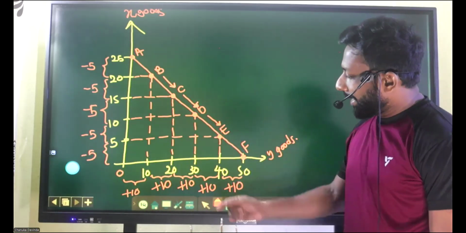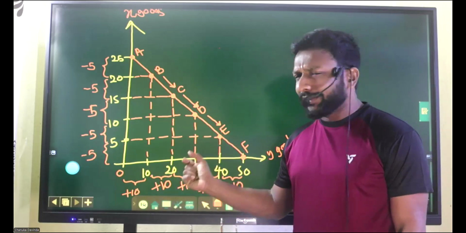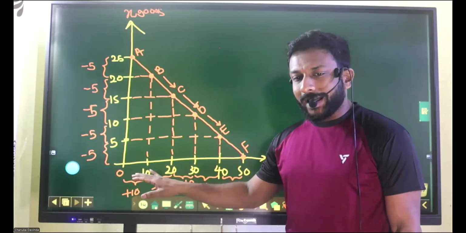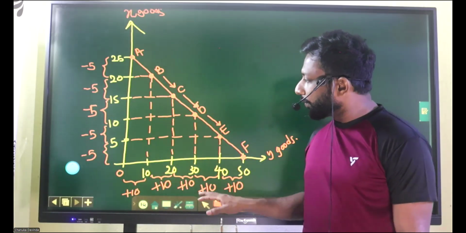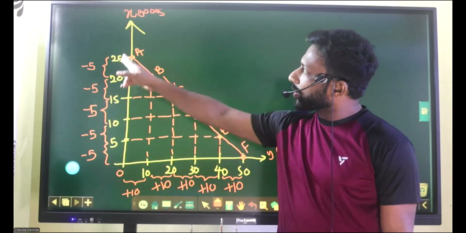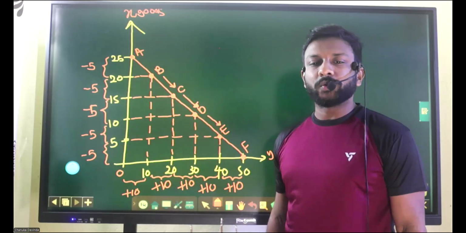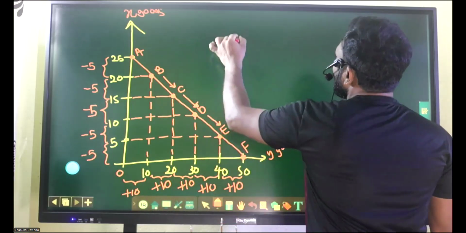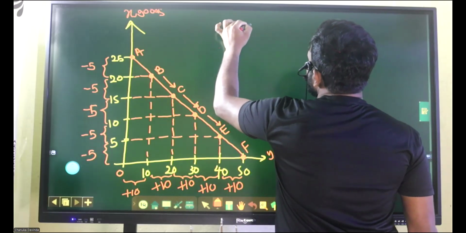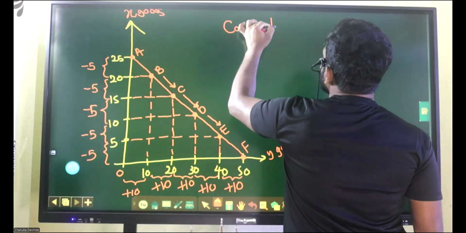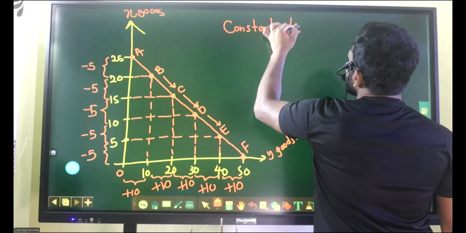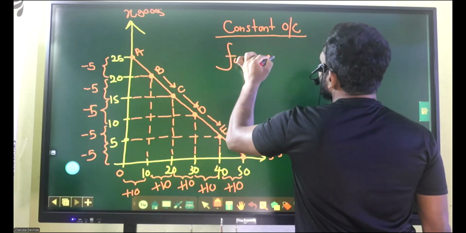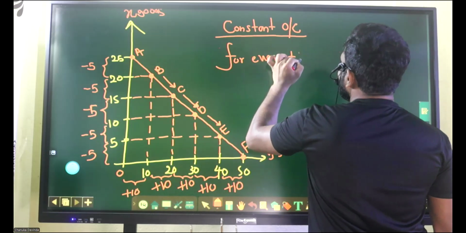As you can see, at every increase, Y production increases by 10 units. At every 10 units, the sacrifice of X good was 5 units. So as you can see, here we can identify constant opportunity cost. Why do we call it constant opportunity cost? Because for every 10 units of Y production,